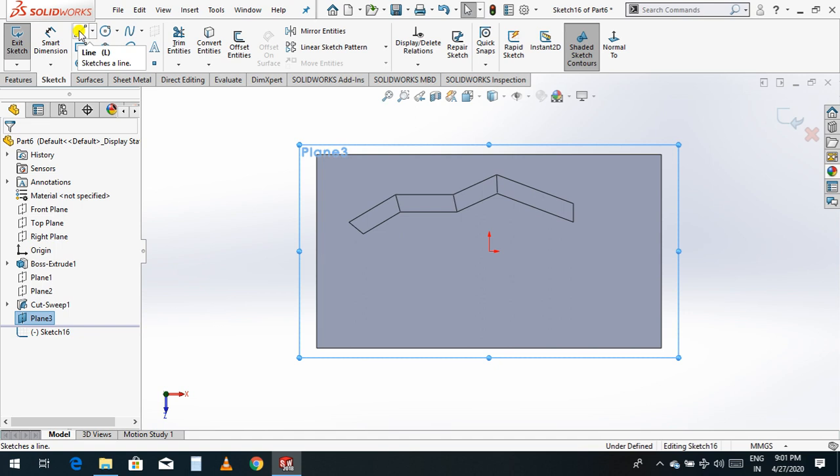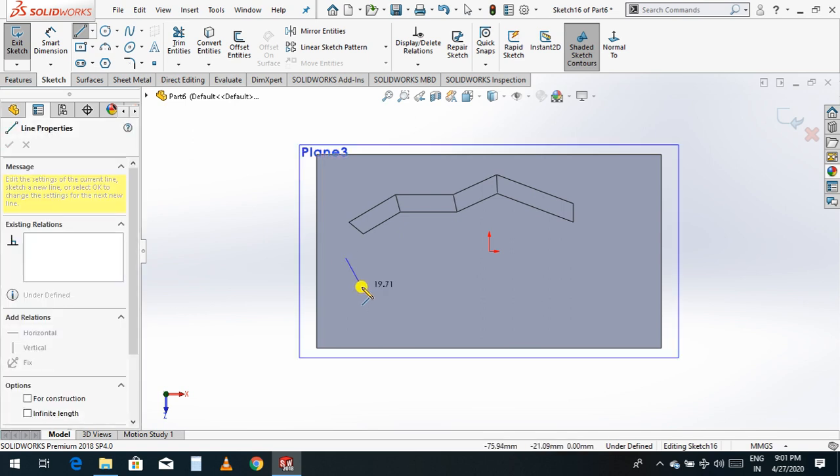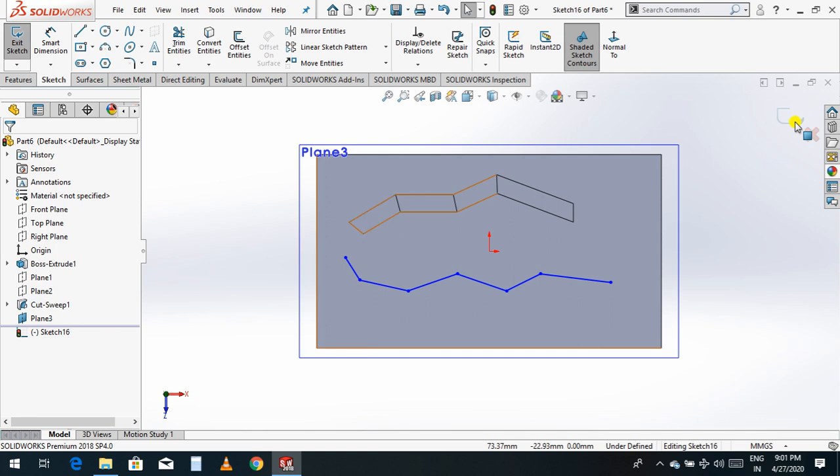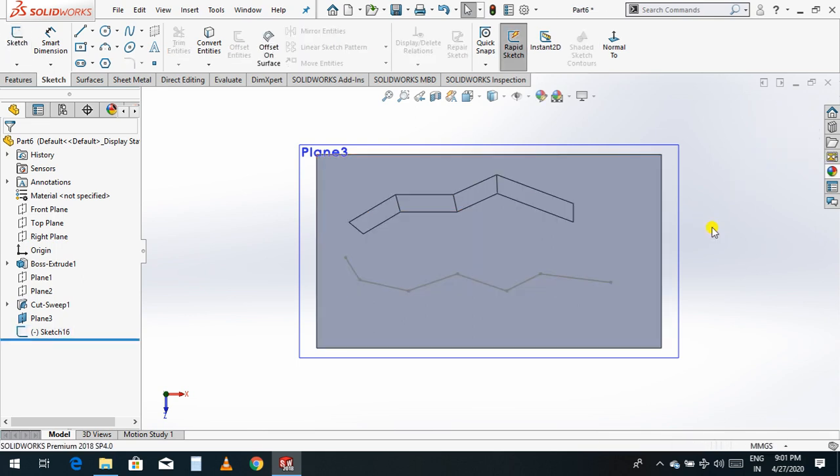Now draw one path here, like this. Exit the sketch. Now just rotate.